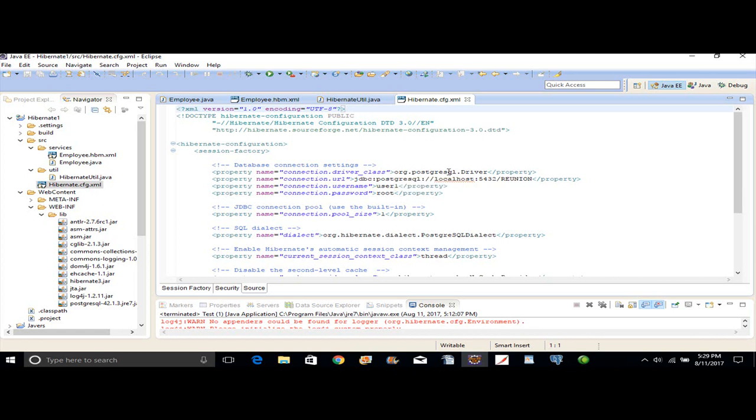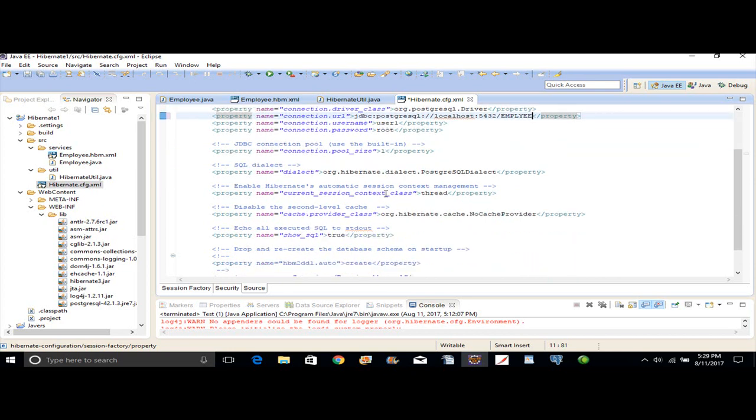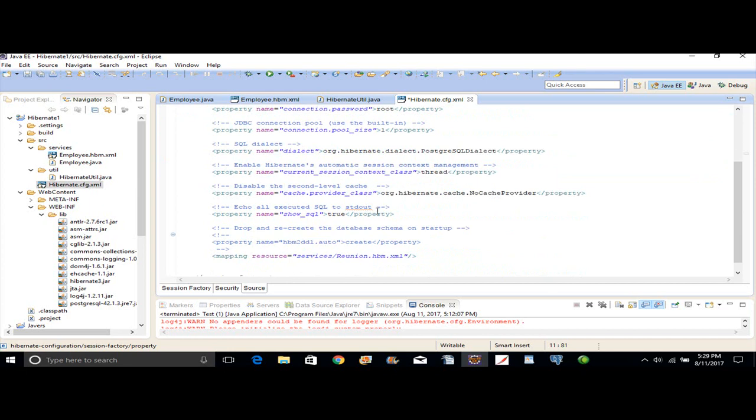Since I am having a Postgres database, I am using this connection driver, the Postgres driver, and this is the URL. The URL is going to be something like this. My database name is going to be employee. Let's capitalize it. And I'm gonna create a username called user1 with this password root,